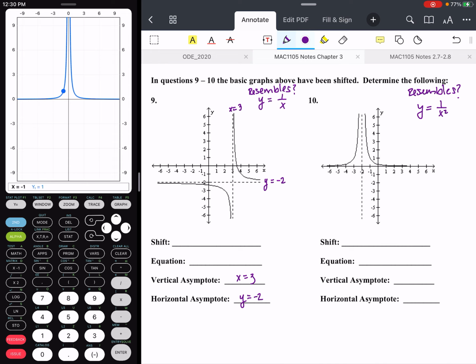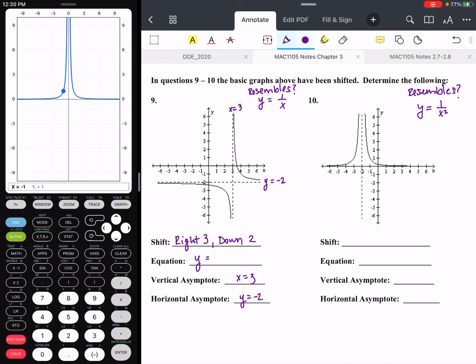So this allows me to determine my shift. x equals 3 puts me to the right 3. And then my horizontal asymptote y equals -2 means I also shifted down 2 from that original y equals 1 over x function. So if I were to write out my equation,